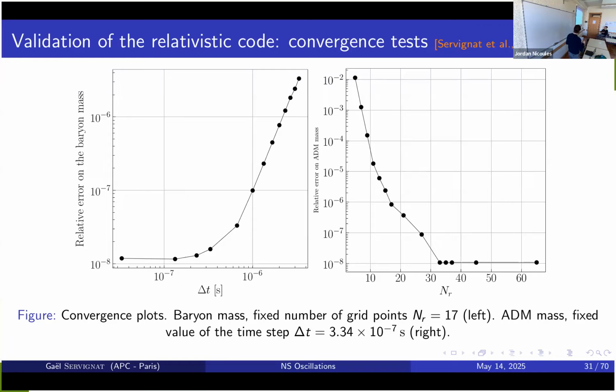And the other important thing is the order of the spectral methods. On the left it's log-log, but on the right it's semi-log, and the y-axis is log. And you see that if you fix your time step but vary the number of points inside the star, you have a slope which is going down exponentially. Spectral methods do that. They have this exponential convergence, which is why you don't need so many points to represent the star. So this is one validation.